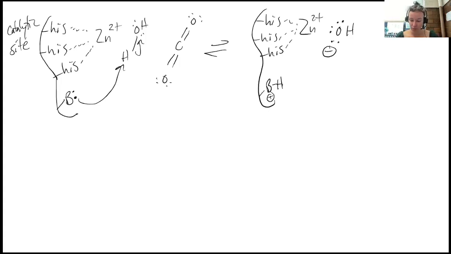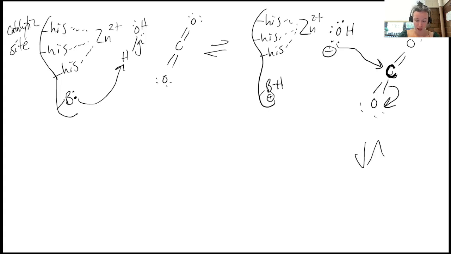And now we can draw in step 2, folks. Don't forget our substrate, that looks a little bit like an O, which was CO2. But as we release CO2 from respiration, we don't just have gas bubbles forming in our bloodstream, we are converting CO2 to bicarbonate. OH minus is a fantastic nucleophile, so it can attack the biochemist's favorite electrophile, the thing that looks like a carbonyl carbon. And you'll see